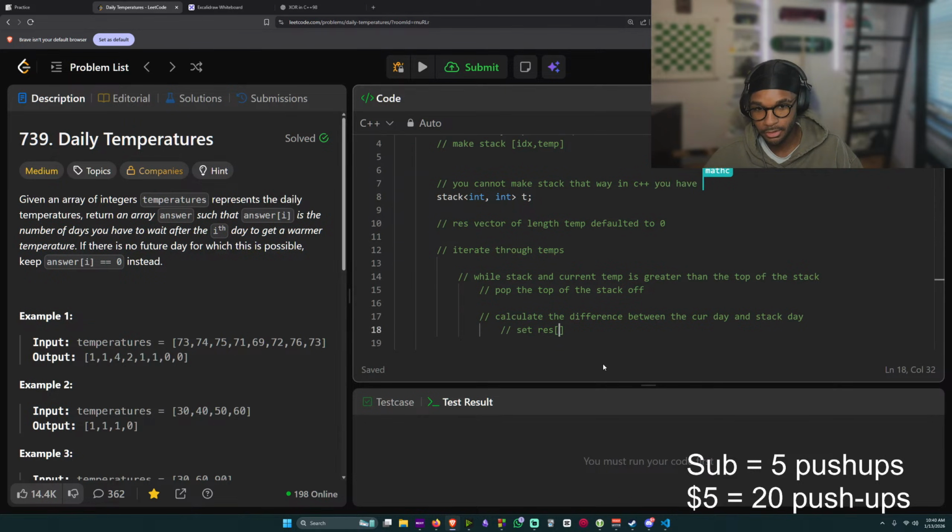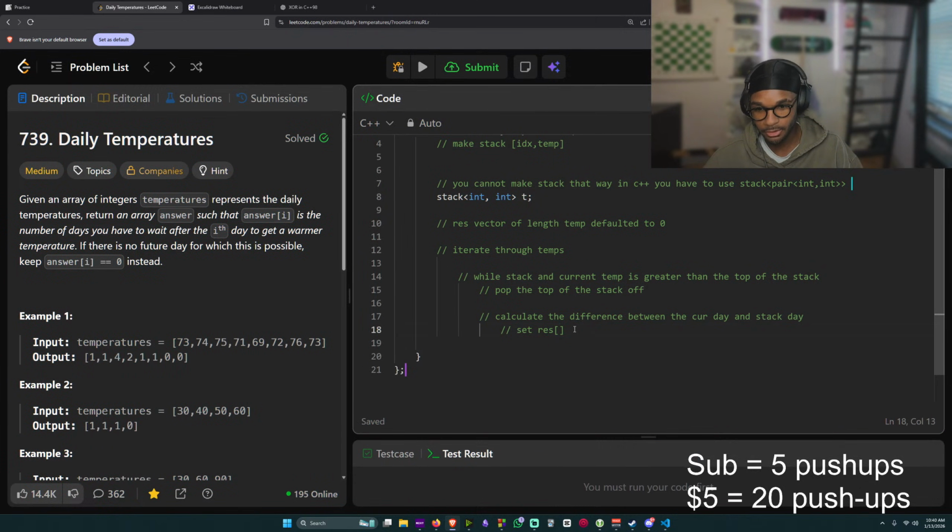Oh, yo, you have to use stack pair. Software dinner, what do you got to say about that, man? I'm not that big a C++ guy. I don't know if that's true or not. Set res of